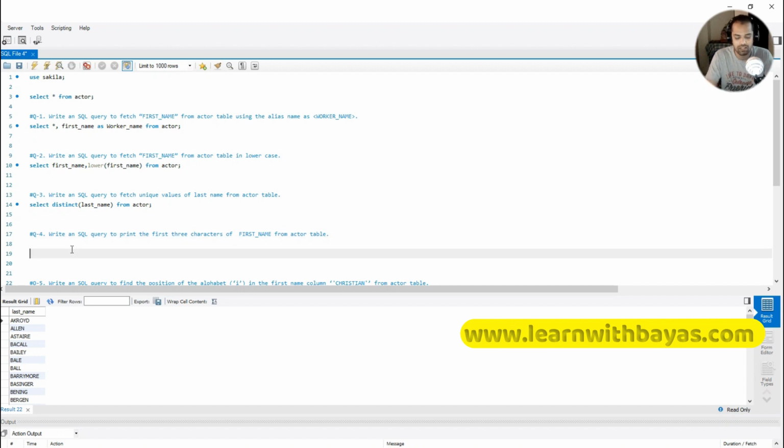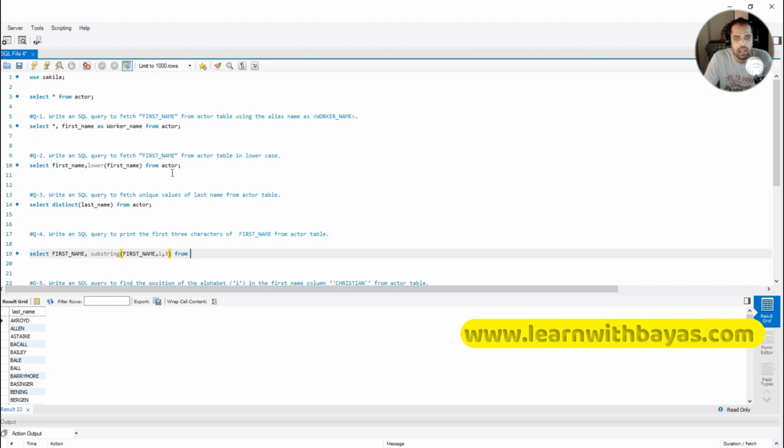So we've got the understanding. Select the first name, then the substring function. In substring we will call out the first name, and we need the first three characters, so first comma third,